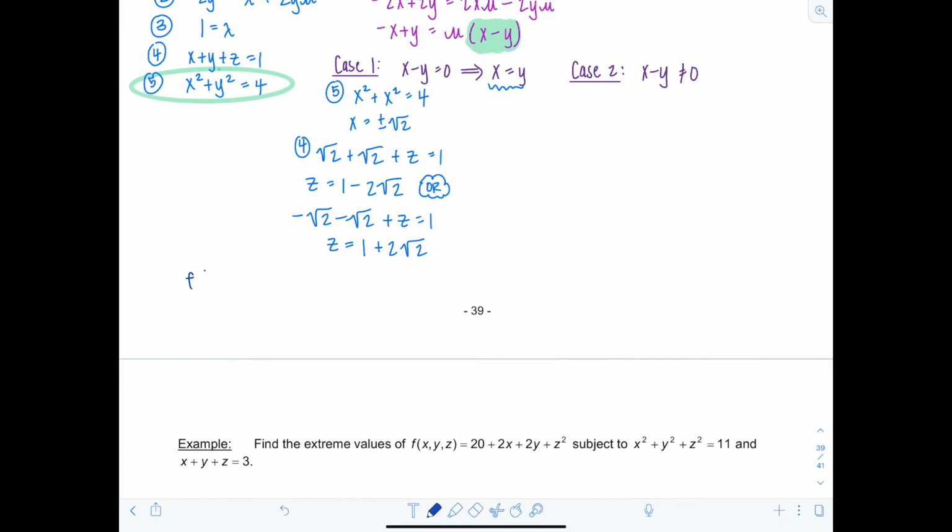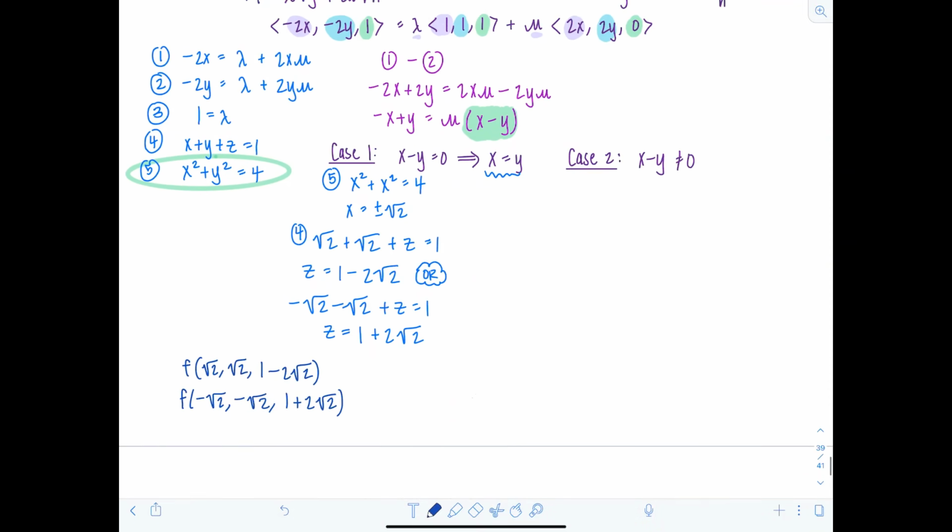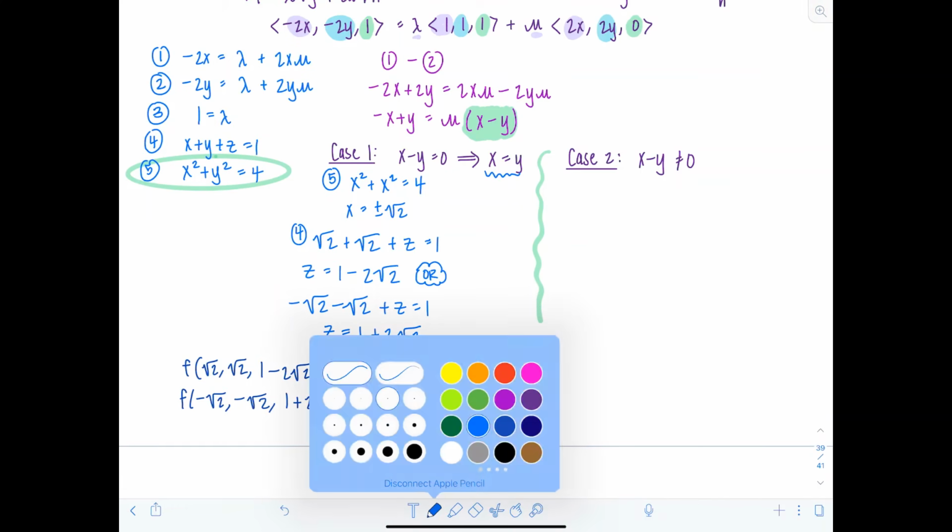I've exhausted case 1. So I have f of rad 2, rad 2, 1 minus 2 rad 2 to evaluate. And then I also need to evaluate f of negative rad 2, negative rad 2, and then 1 plus 2 rad 2. Okay, good. Now we're going to move on to case 2 and see if we get any additional options there for extrema. So now I'm assuming that x minus y is not equal to 0. Well, remember we were here,